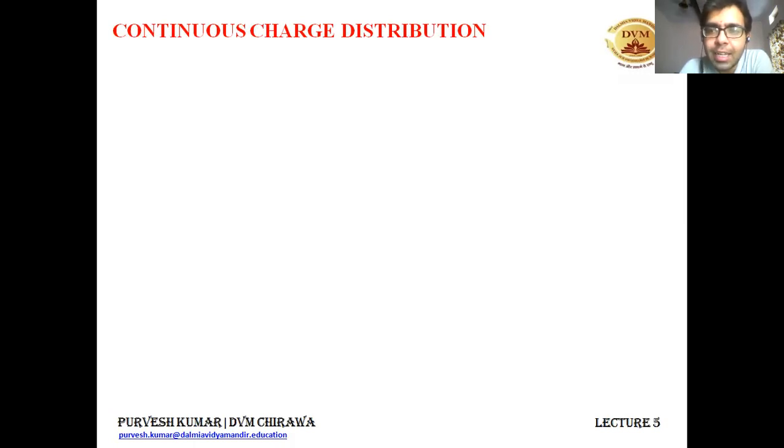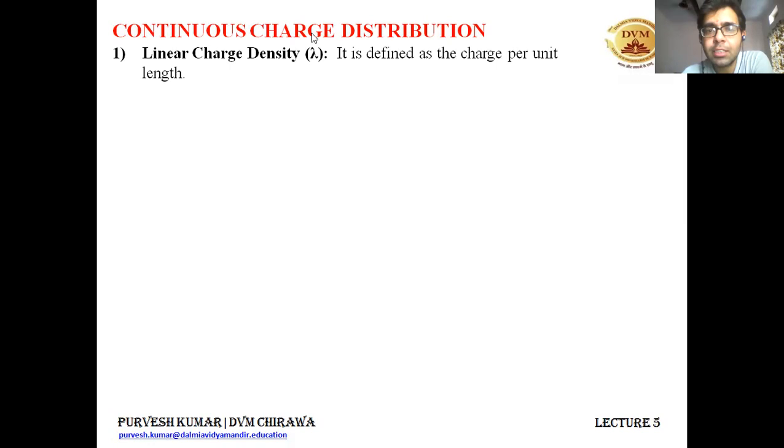The point charges, they are placed somewhere and we are working on them. But what is the case if a large number of charges are distributed in some fashion over certain objects? Then what is the strategy to go through and how can we move ahead when we are given that amount of charge present on an object? So based on this, we need to learn about the continuous charge distribution. And the first thing that we need to learn is the linear charge density.